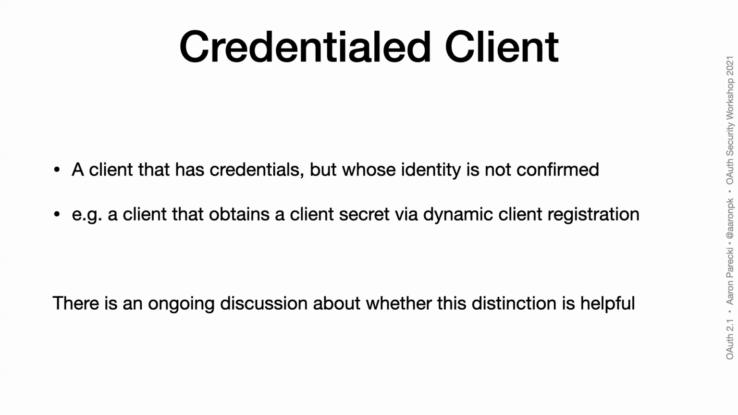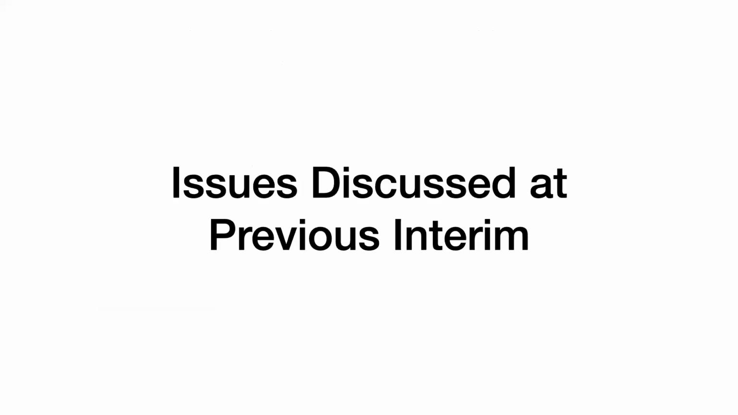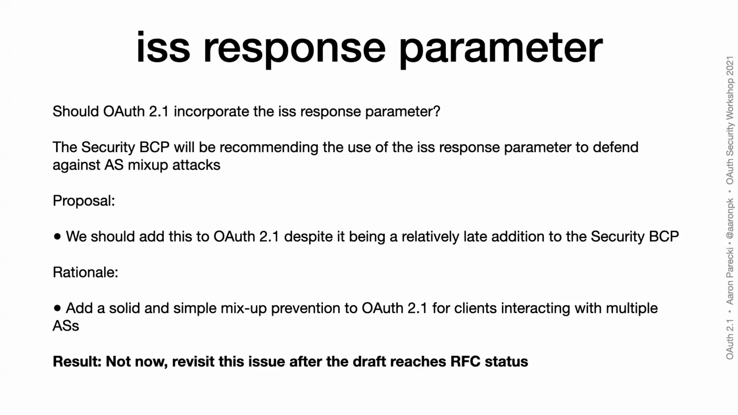That's ongoing. And then a couple of the issues at the previous interim that I wanted to call out in particular, some of these have been resolved, some of these are still ongoing. One of the more recent drafts is this adding in the ISS response parameter. It's its own standalone draft, and it's actually going through the publication process right now. And the security BCP is also recommending using this, but this is basically if your client does talk to multiple authorization servers, there's a potential mix-up attack possibility. And this